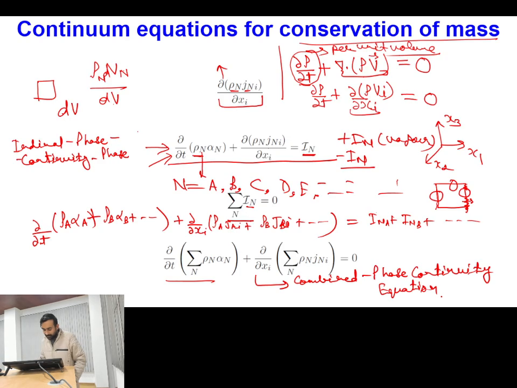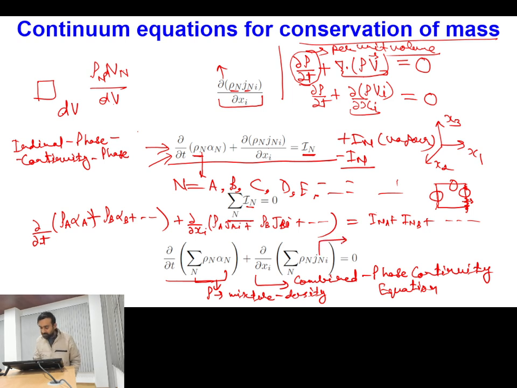If you recall, what is summation rho n into alpha n? This is nothing but the sum of densities of individual phases into their volume fraction. So, the sum of rho n into alpha n is nothing but equal to the mixture density rho. Is this point clear? Do you recall this relation? This we studied in lecture number 3. Okay. So, the sum of all the densities multiplied by their volume fraction is nothing but equal to the mixture density rho,